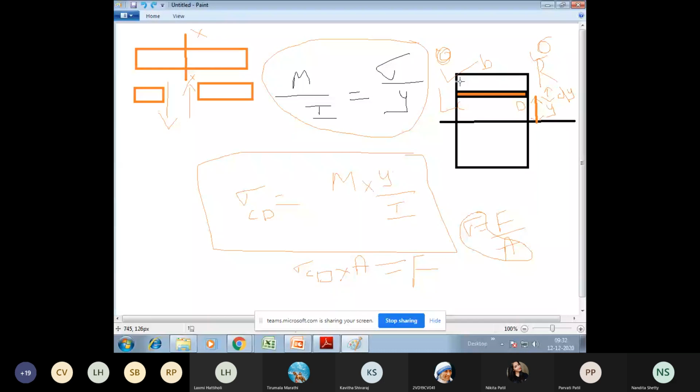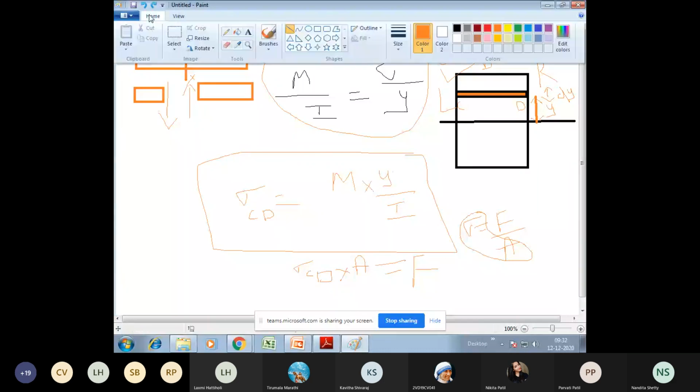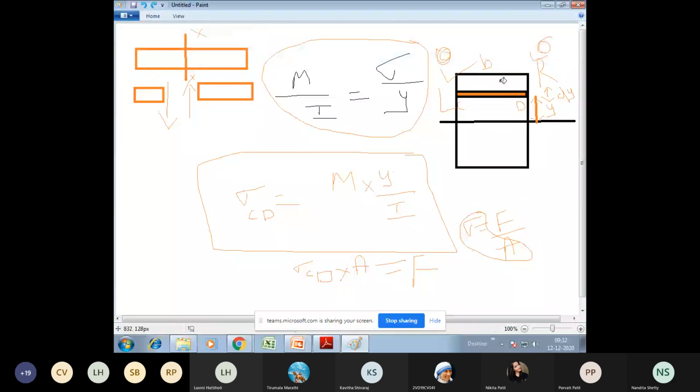Please observe this yellow color. I'll just fill a color here. Whatever I have filled in yellow now is the upper area of your CD. CD was my considered layer. Above CD, I have marked it in yellow; I have hatched it, made a shaded area with the help of yellow color. At the point CD, you have calculated the unbalanced force. Such unbalanced force exists throughout the section above CD. Above CD means whatever I have taken with the yellow shading lines. There it exists throughout the section.